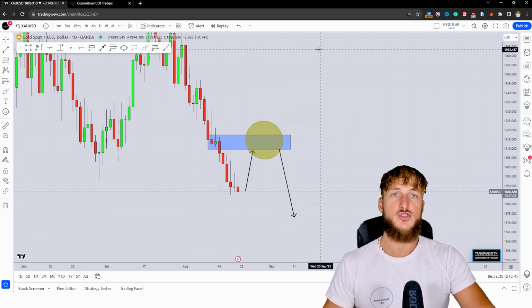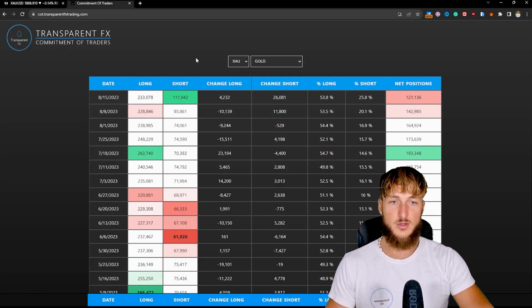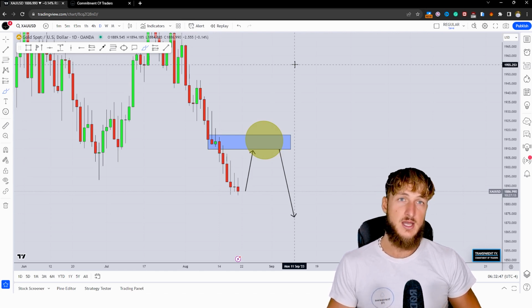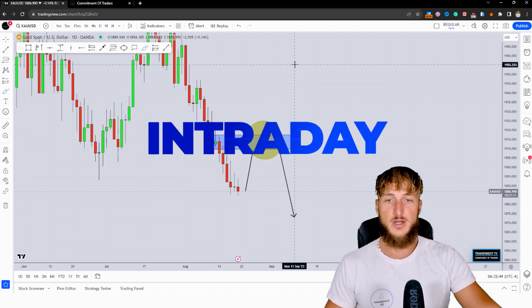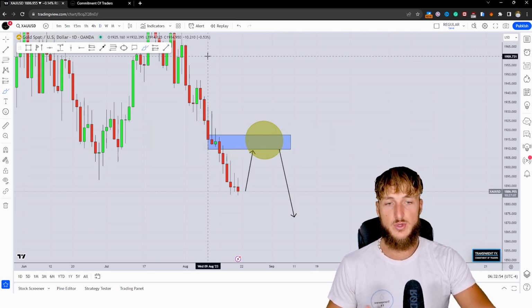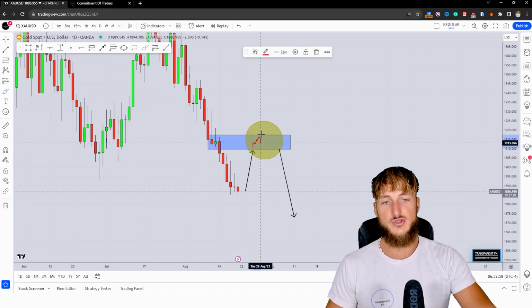Now, as usual, trading is reactive and not predictive. The monthly, weekly, and daily combined with the COT data are the best time frames from a directional perspective. However, when it comes to confirmations and entries, the best time frames are the intraday time frames, so 4 hour and lower. Therefore, what we could be doing, potentially also with students, is monitoring price action from an intraday perspective